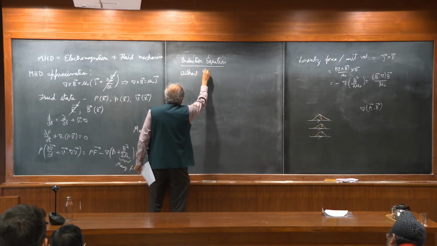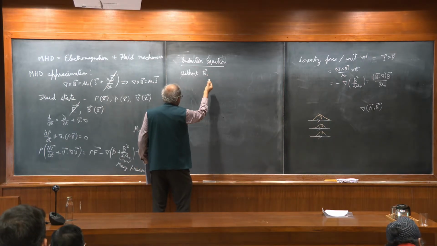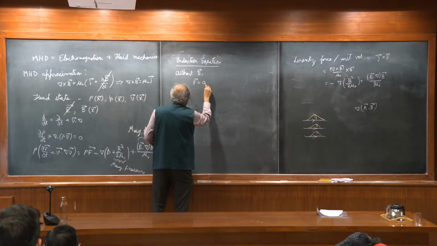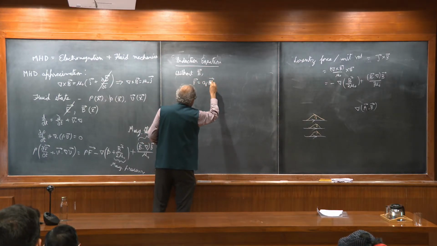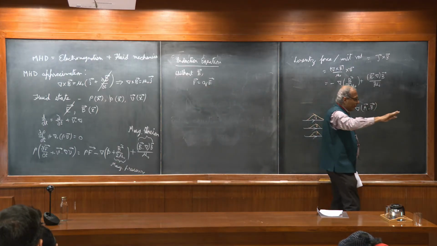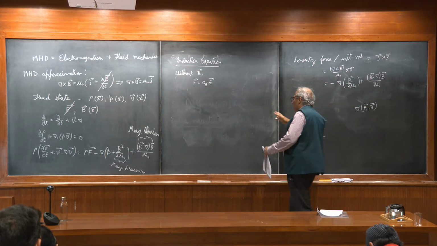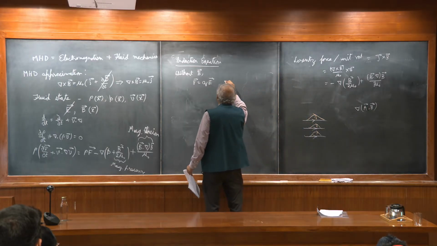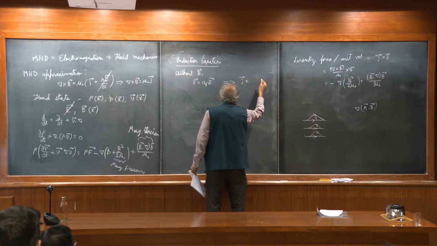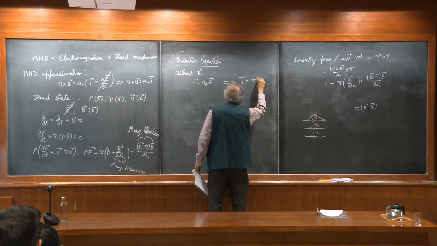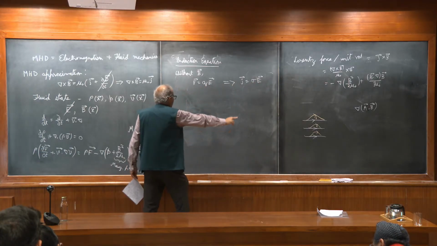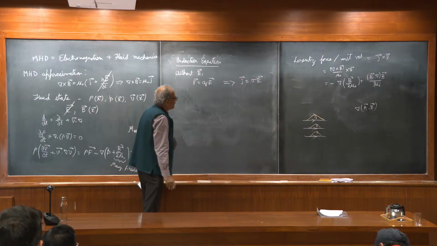Without B, you know that the force on a charged particle is going to be like this, and if in a region there are many charged particles, this force will act on all of them, and they will all move and give rise to a current. Then one can show that in a continuum system the current density would be proportional to the electric field E,